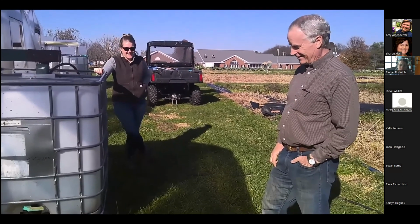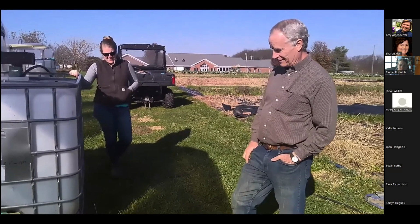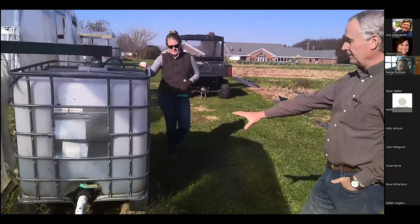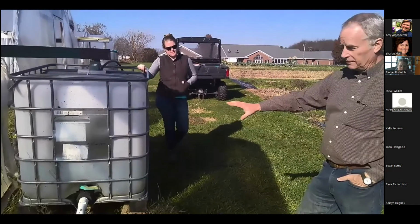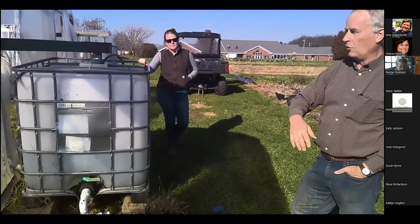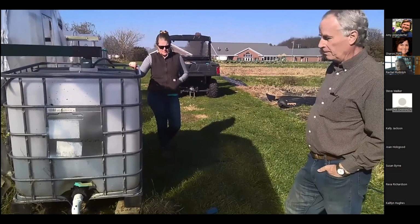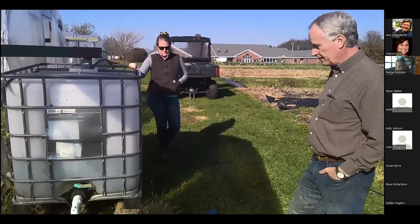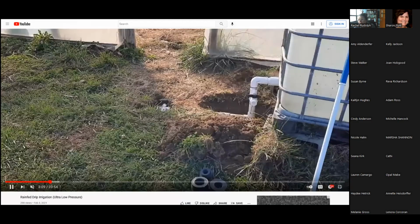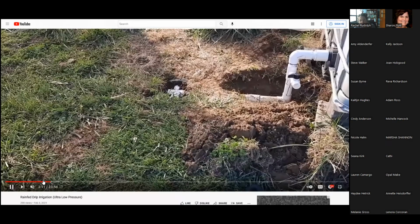Well, the first thing is that you need a fairly large opening from the tank. And you need to carry on that opening size all the way to where you take off the drip lines off of the line. And in this case, it's 1.5 inch PVC. So this, contrary to popular belief,